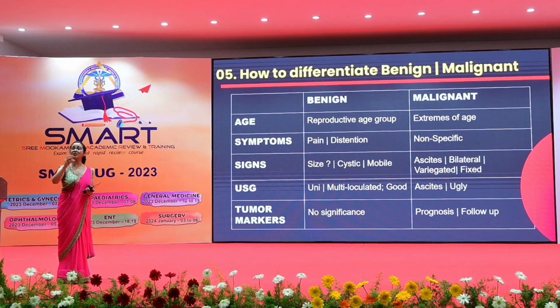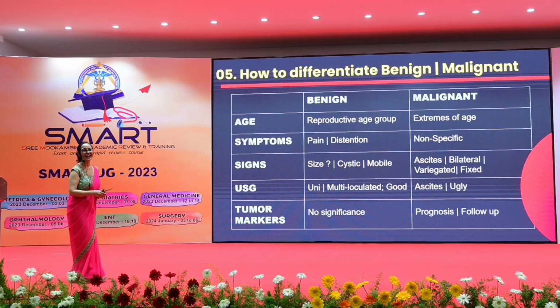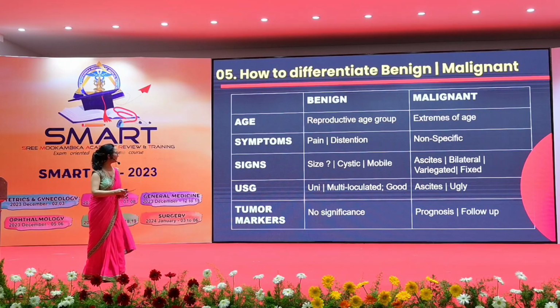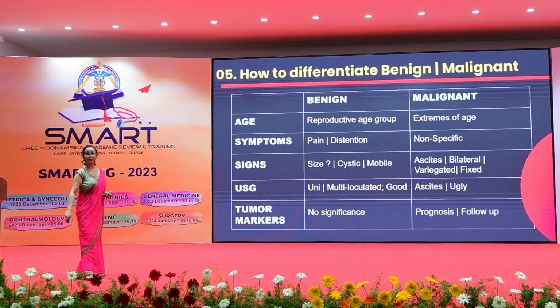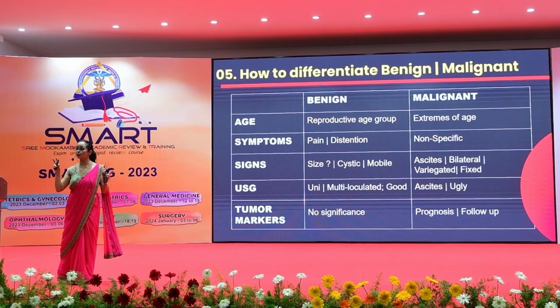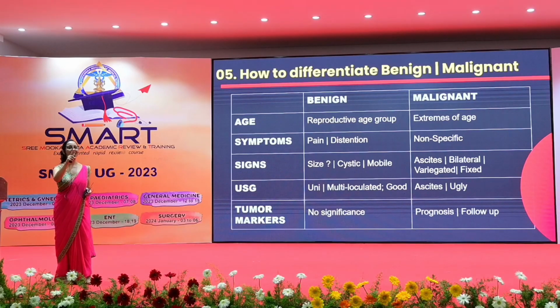A malignant lesion can be this big, and a mucinous cystadenoma might be occupying the entire abdomen. So don't say big size means big problem. It's not like that. Sometimes small ones are enough to trigger bigger problems. Okay? So size does not matter here. But the benign mass will be cystic and nicely mobile. In malignant, there will be ascites. Most of the times, or many of the times, the tumor will be involving both the ovaries. The consistency, somebody said last time, variegated.